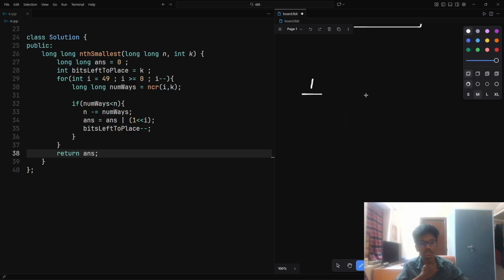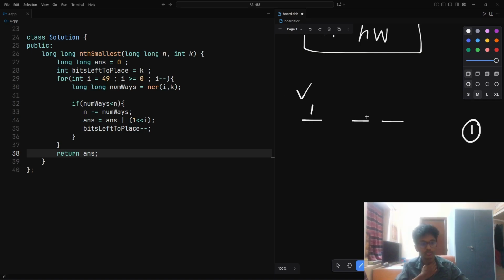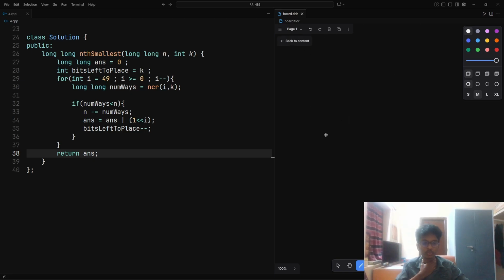The first bit is already placed here. There are two bits left to place. There are two bits which are empty, and I already placed one here. I have another one which is left to place, which would go either here or here. Now I need to figure it out. Now I have two blanks. One. Okay, so k equal to 1. I have two blanks. Now tell me, this means